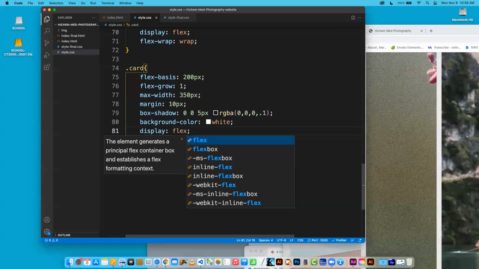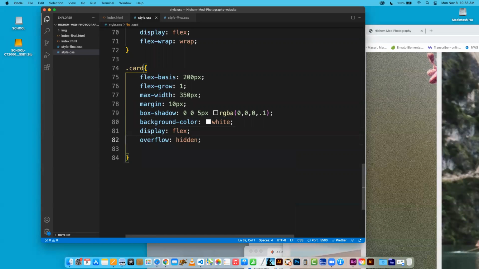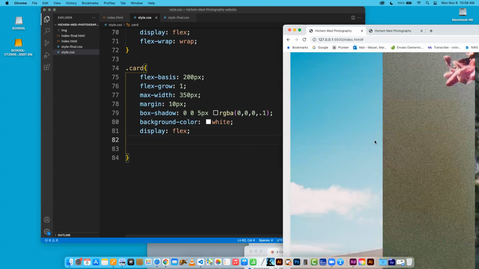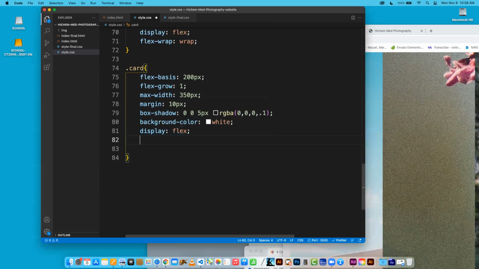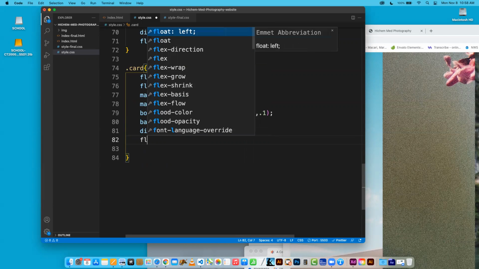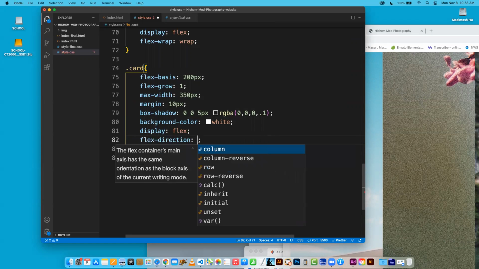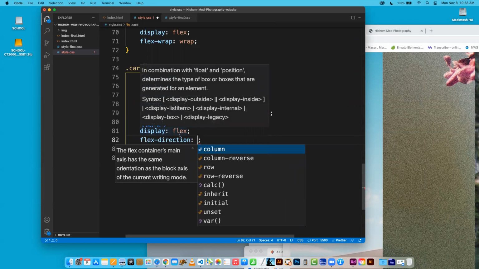And then we're going to set the flex direction of column. I don't know where this is from. I don't remember. Oh, I put this in the wrong spot, so I'm just going to delete that for now. So flex, and then we're going to do flex direction as column. And if you're following along in the PDF, I'm on line 77, so